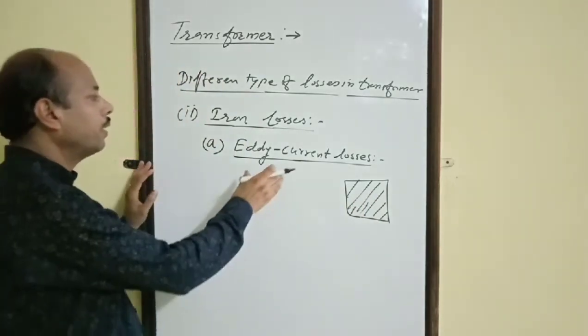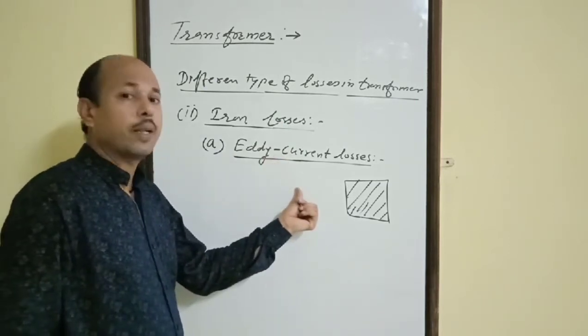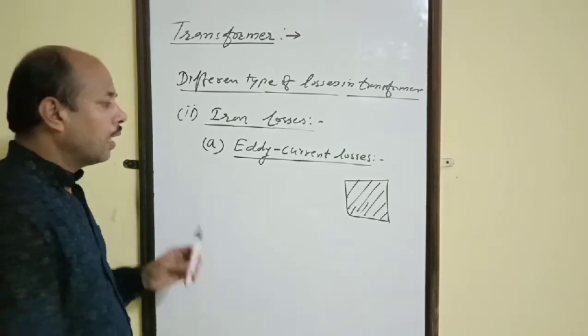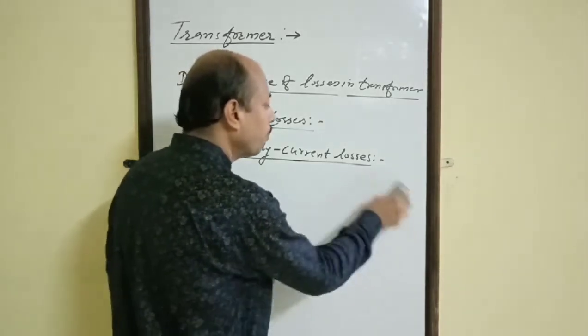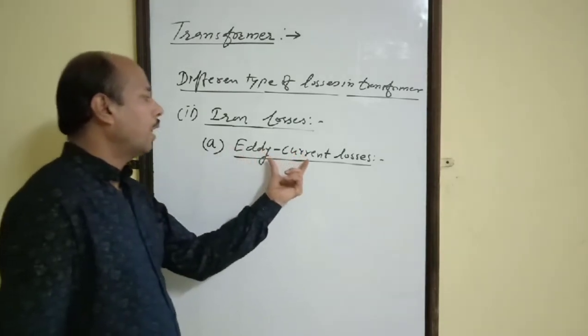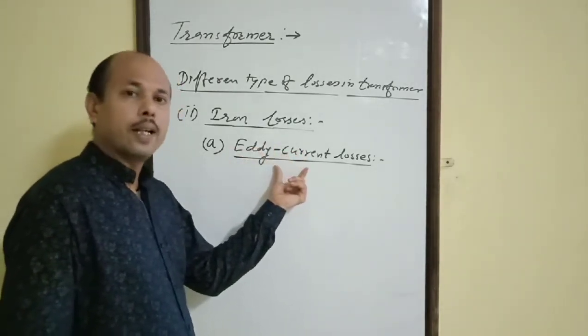So here we can write, eddy currents are produced due to variable magnetic field, or we can say circular currents are induced in the bulk pieces of metals. Circular currents induced in the bulk pieces of metals are known as eddy currents.